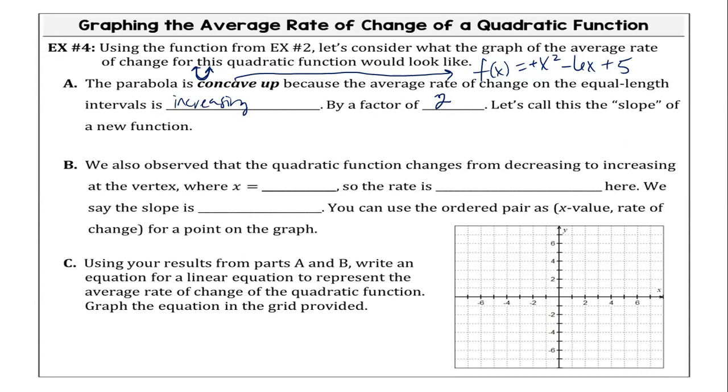Okay, now we also observe that the quadratic function changes from decreasing to increasing. When that change occurs, that happens at the vertex. The change from increasing to decreasing happens at the vertex. Okay, the vertex of this, let's go look at the graph. What was the